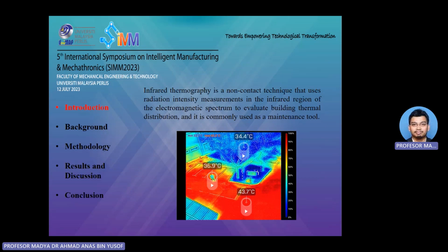My presentation has 5 subtopics, and for the introduction, our research involved the use of infrared thermography. It is a non-contact technique that is used to measure temperature. By using this technology, we can evaluate building thermal distribution and other kinds of measurement. At the same time, we are also using drone technology so that we can measure